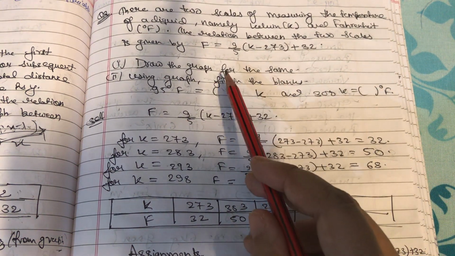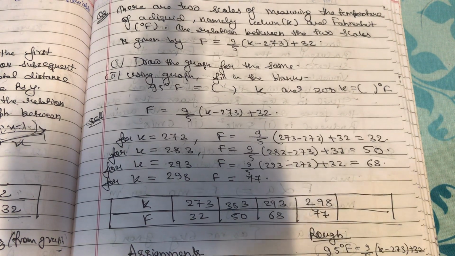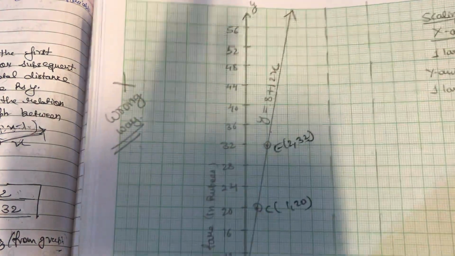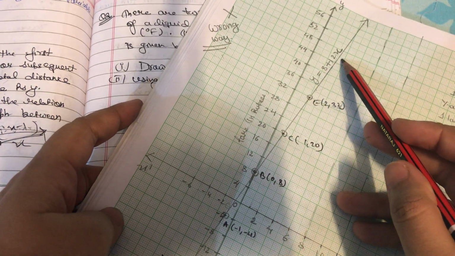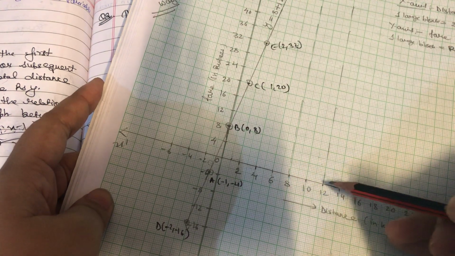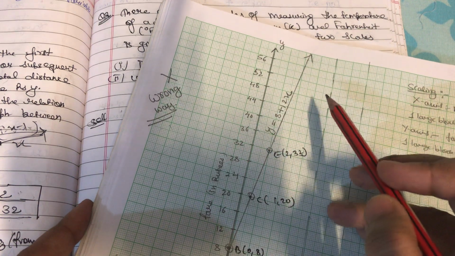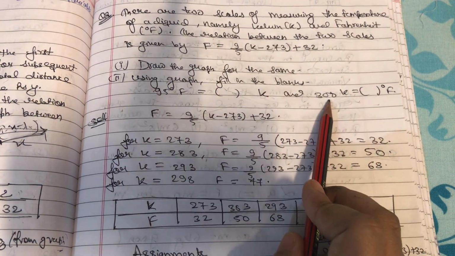If I only have to plot the graph, I can choose any random values. In the previous question, as you saw, this was also right, because I got the graph of y equals 8 plus 12x. Definitely this is right, but I was not able to find the value of the fare for 8 and 20. That's why this process was wrong. So here also I have to find the different values graphically.